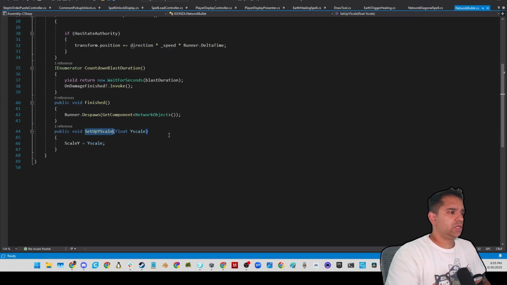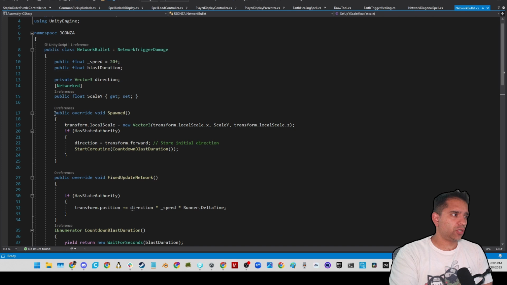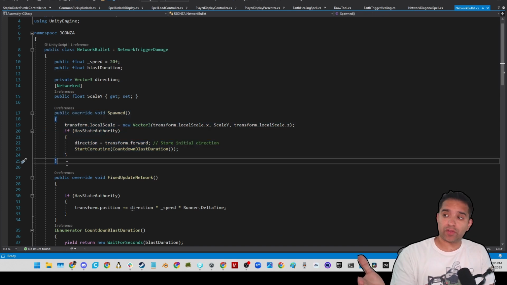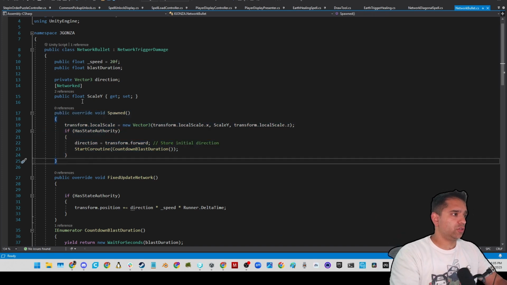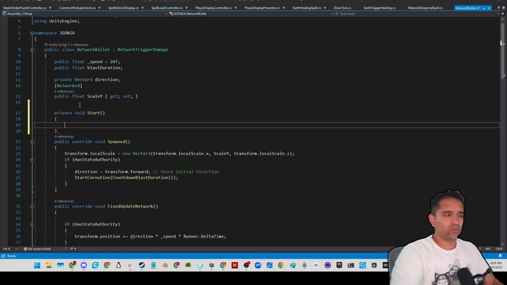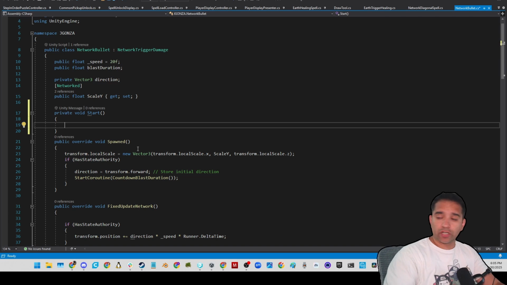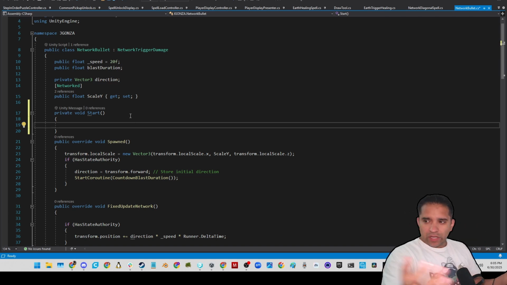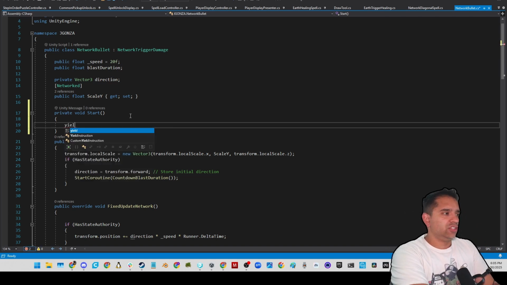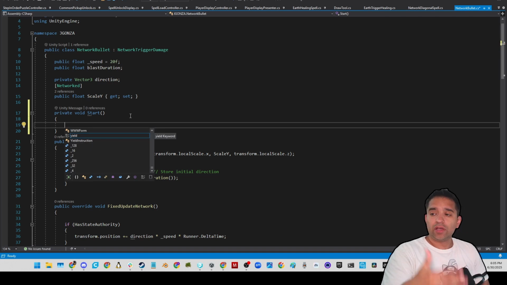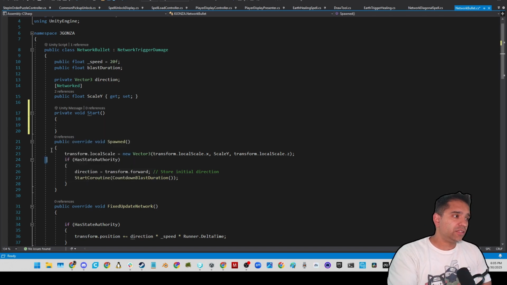The next step, since we're talking about spawn, another rookie mistake is doing Start. This is like the biggest headache. This is what I did for a long time too. It's not bad, it's just that we're used to doing things on Start and Awake. And then I would be like, why is this not working? And so then you would add a yield or a coroutine to wait for the object to spawn. But the reality is that